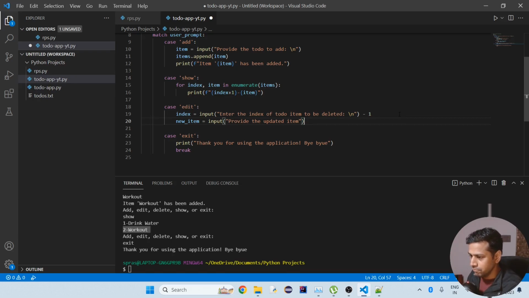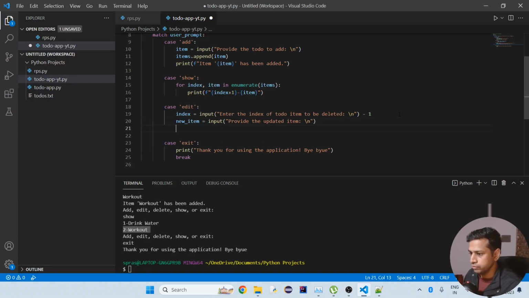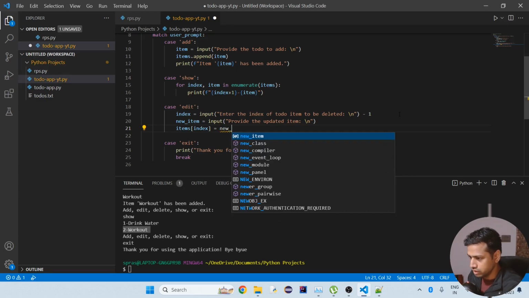All right, now he'll provide the new item here. Did I do the newline? Okay, now we need to update this item. So for this we will just do items at the index equals new item,